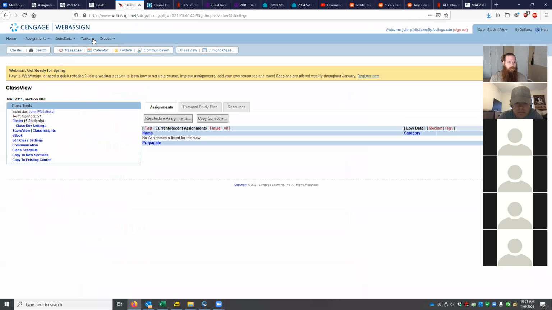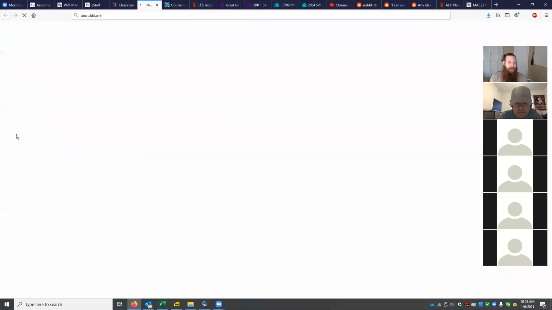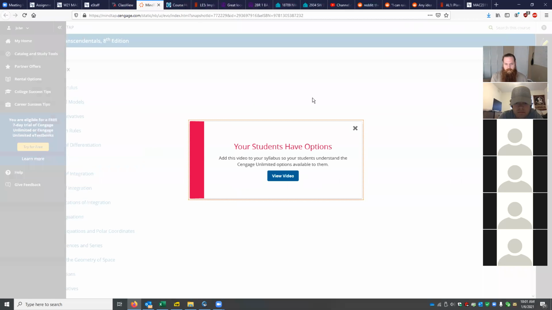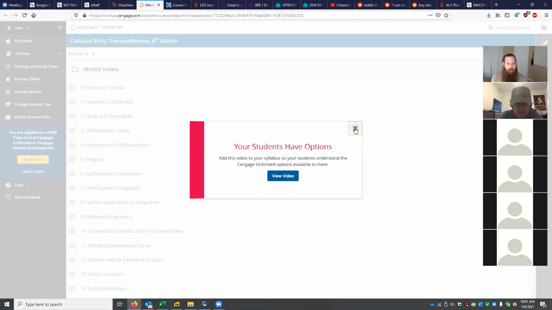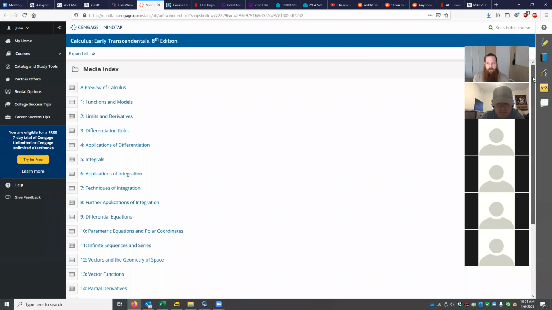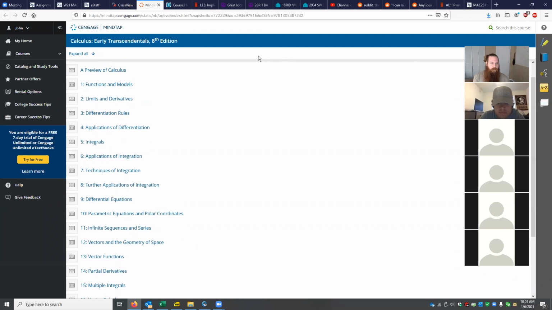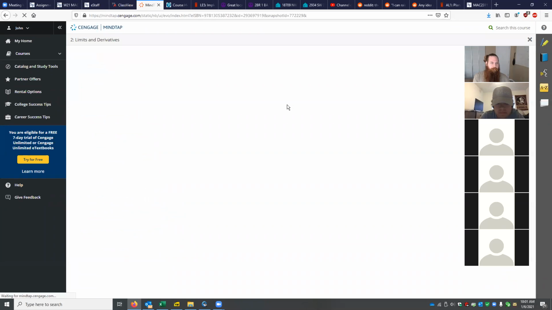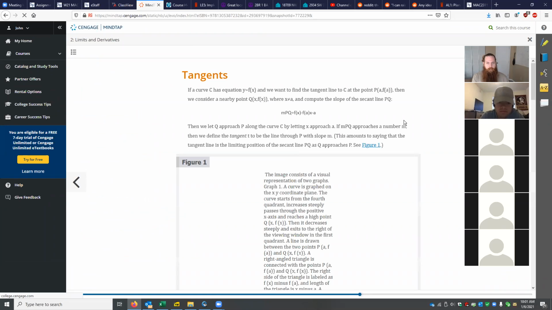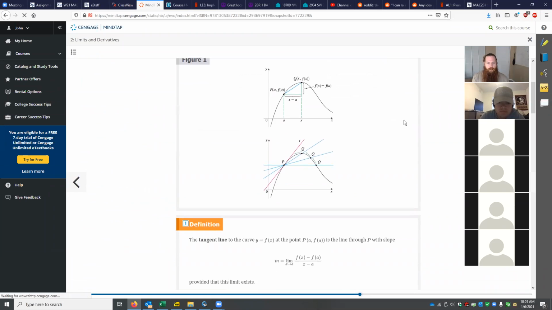I'm actually not a big fan of the way they have the ebook organized. You can't readily flip through pages, but you can kind of click through the sections, and they do have some extra material, and here are some videos and things like that. It's not bad, and you do have access. It has everything that the hard book has, and quite a few other things as well.